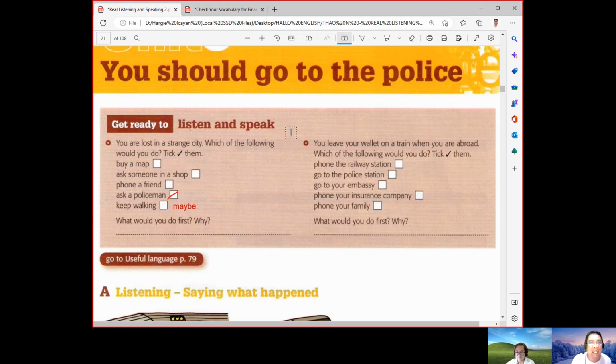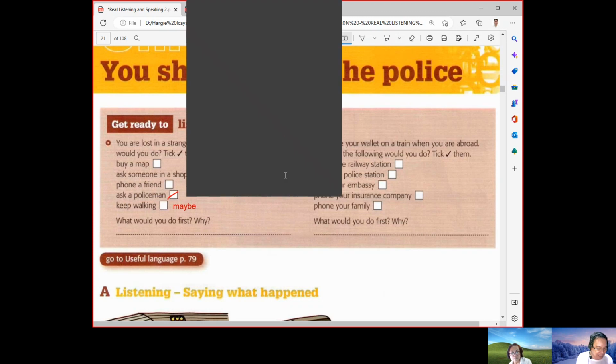So the most important thing to us would be, okay, what do you think are the things that you should ask, Tao? So ask for, number one, the place, right? What is this place? It's very important. When we are talking about the place, the name of the city, and of course, you also have to ask what country you are in.